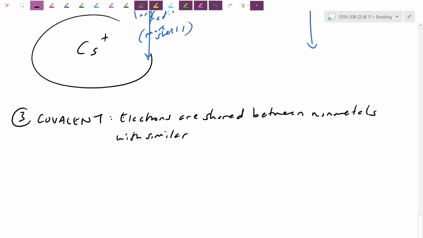So the tug of war is fairly even, and they generally happen to have higher electronegativity as well. That's not super important. If I have an electronegativity of 1 and an electronegativity of 1.5, that also would be covalent,